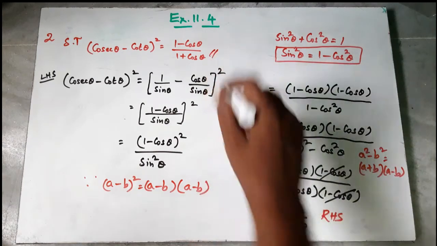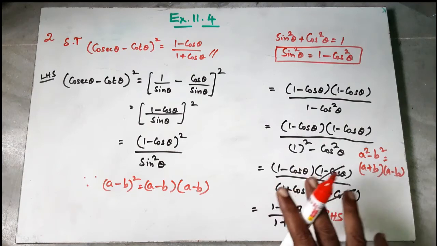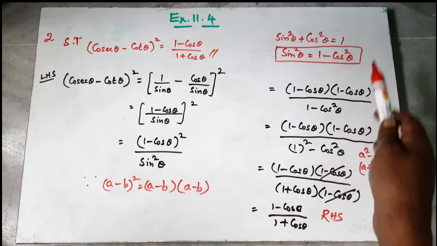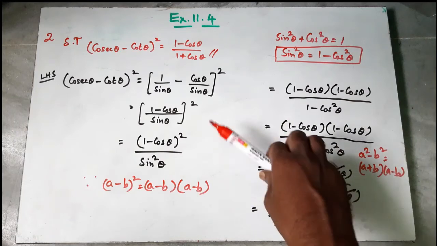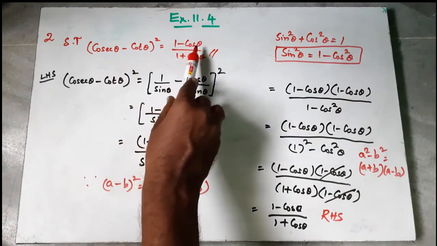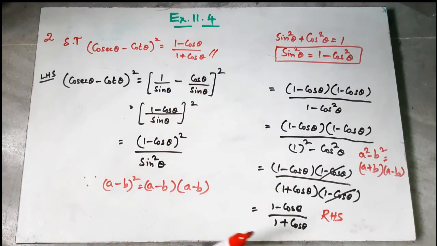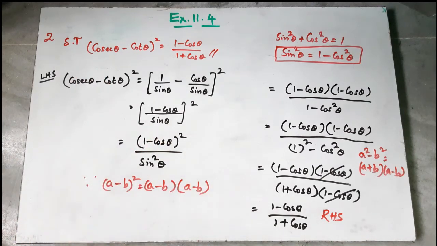See here, 1 minus cos theta by 1 plus cos theta. Like this we are going to solve the problems using the trigonometric identities. Okay, I hope you have understood this problem. Just substitute what is there on the RHS. We have to convert in terms of sin or cos, sec or tan, cosec or cot. Like that you have to assume the problem how to convert. So here in the given problem you are having on the RHS cos theta. So converting into sin and cos, there at last we got cos. So first of all you have to assume what the problem is and in which terms we have to convert it. Okay. So let's move on to the next problem.